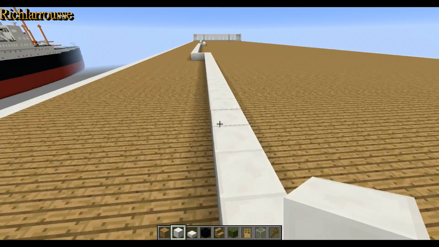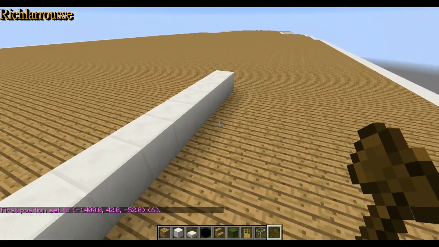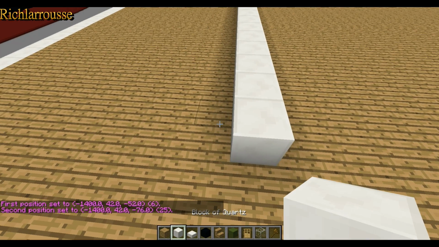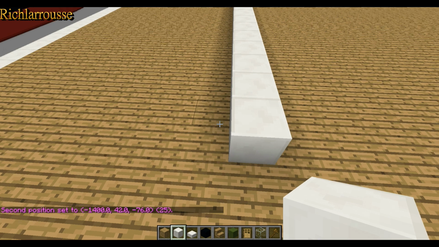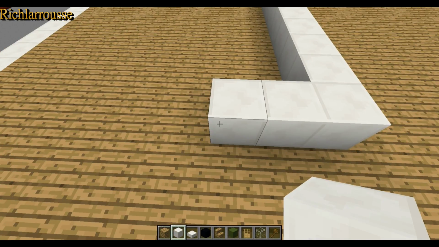So that's 25 down. I'll just make sure that is 25. So from there down to the end there, that's 25. And just adjust my notes again. And from the end of the 25, we want to build out 2 again. So out 1, 2. And then the sides are